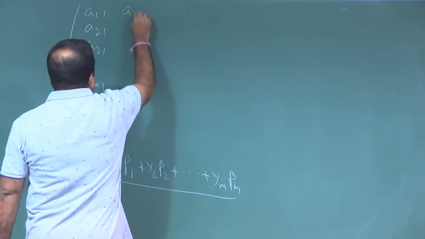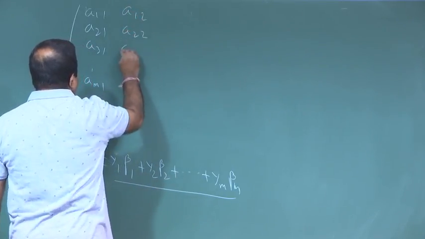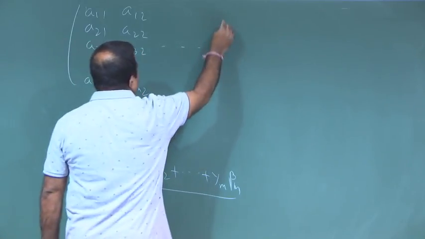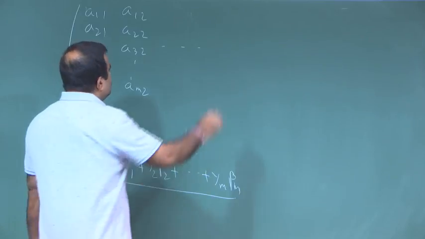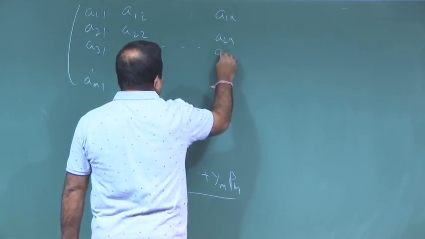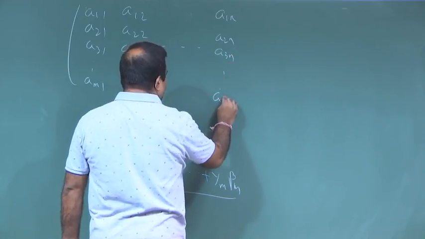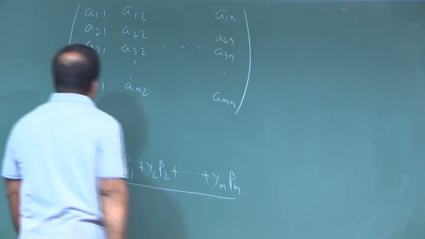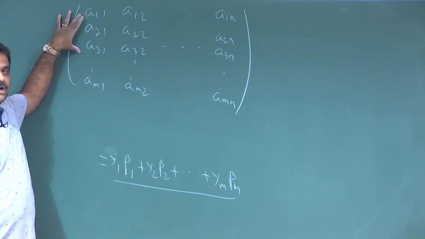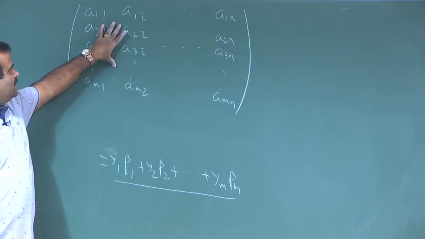So, a 2 2, a 3 2, a m 2. So, last is alpha n: a 1 n, a 2 n, a 3 n, dot dot dot, a m n. So, this is a matrix, matrix A. This is nothing but we take the first column as the coordinate of T alpha 1, T alpha 2,